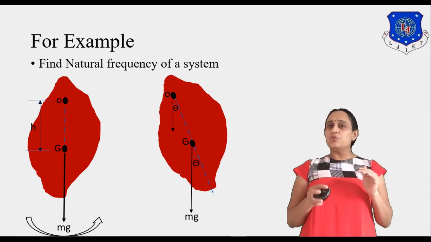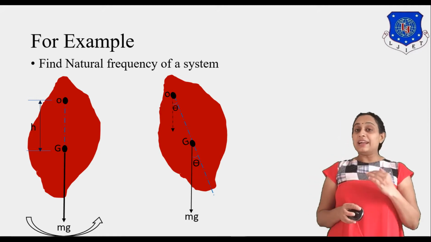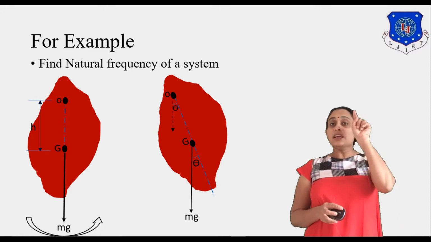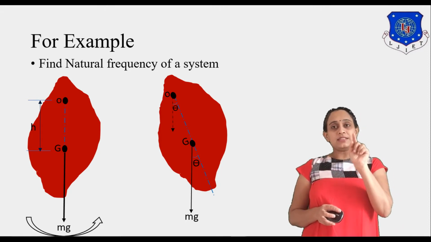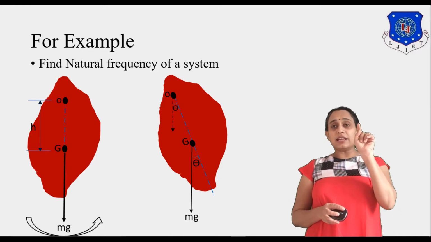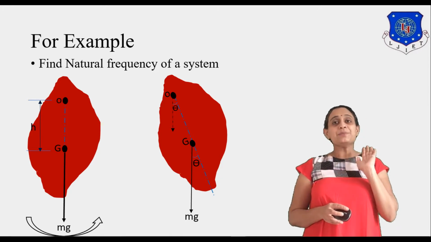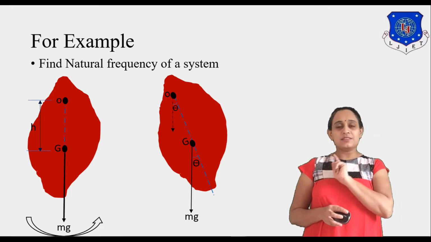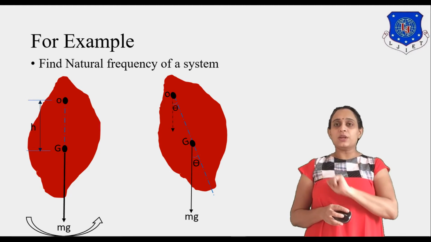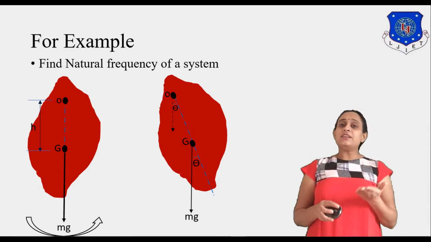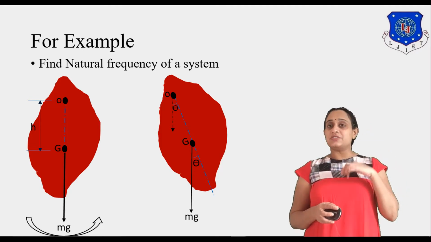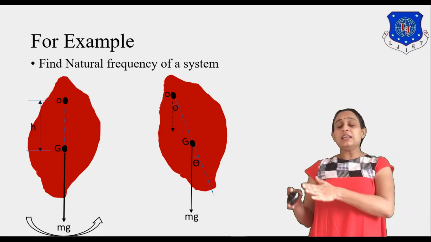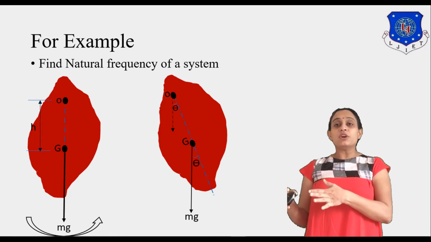Now let us assume it will move in this direction. In this case, from the vertical, it will make a theta angular oscillation, because at point O it is rigidly fixed and it will oscillate. It means it will have theta angular displacement. As we all know, weight will tend to act in the downward direction, which is m into g. Now, if it moves back towards the initial position, what will happen?